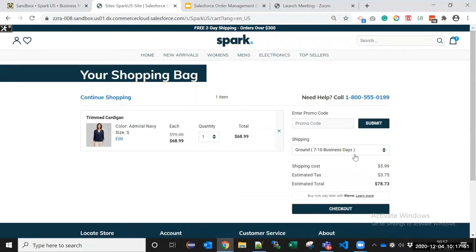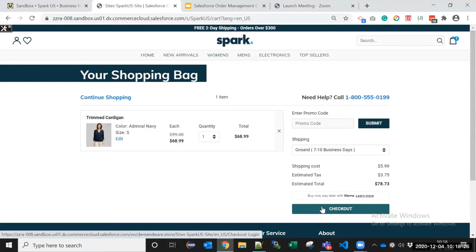Now, what you see here is actually a modified version of the starter store. The starter store is actually called SFRA, and we've just modified it slightly. And this is called Spark. So this is a cart page where you are shown all the totals, and you have an option to enter your coupon code, select a shipping method, and proceed to checkout from here. You also have options to modify your product, increase the quantity, or remove them. All these actions are possible on the cart page, and this is all part of the starter store.